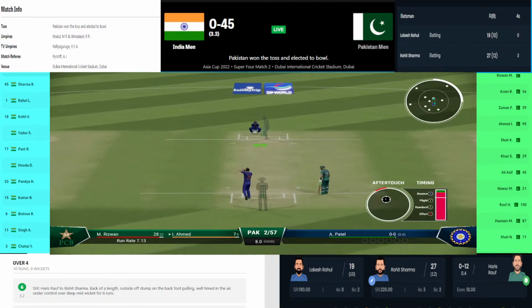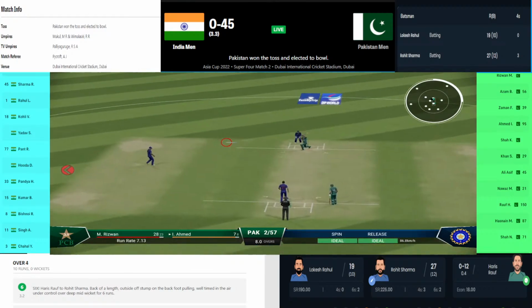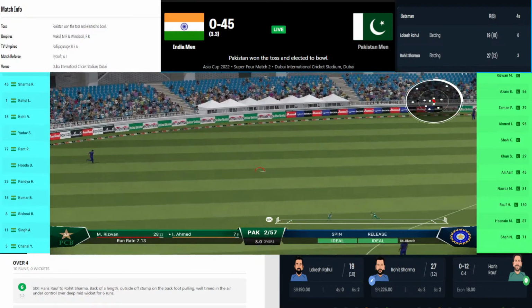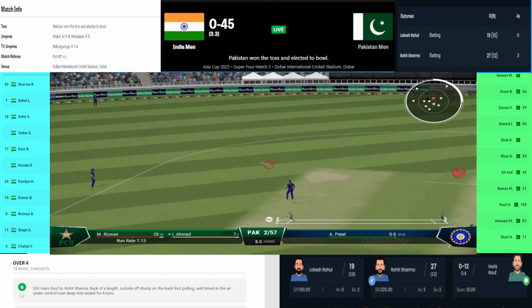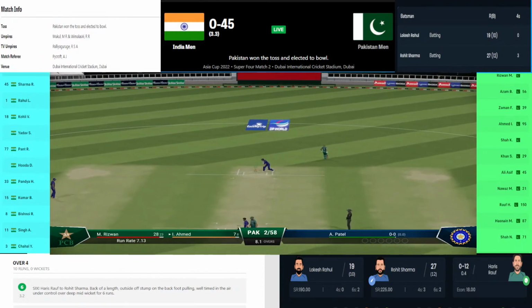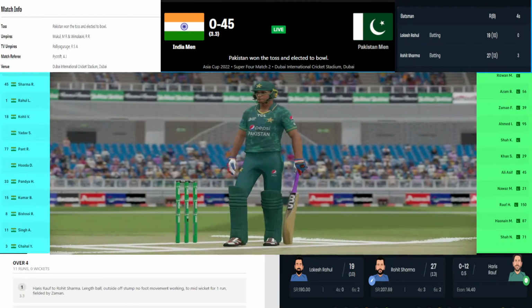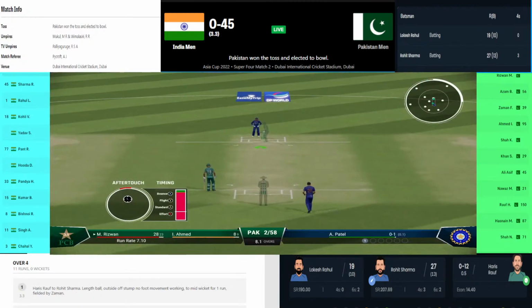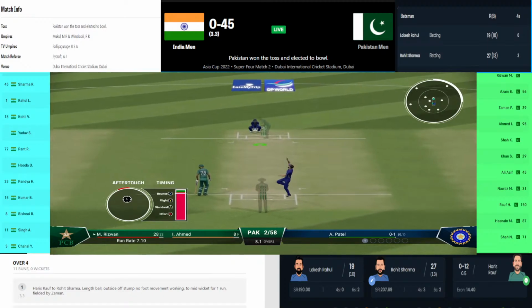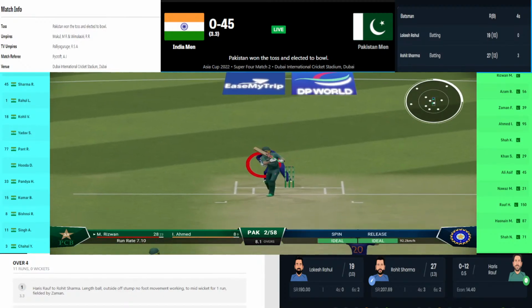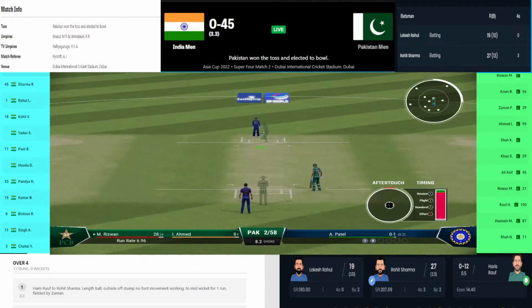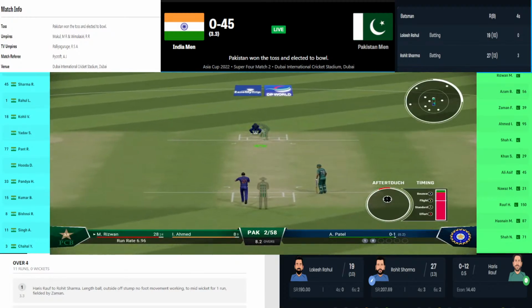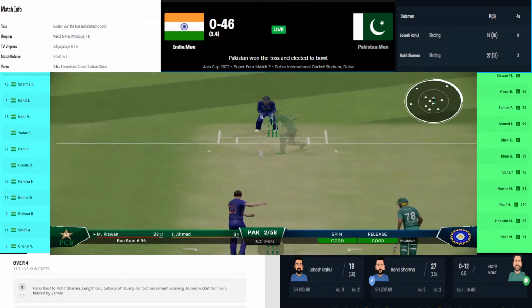This time it was an in-swinging delivery, he cuts it very well, but there is a fielder at third man, so just a single added to the total. With the help of that single, the score moves on to 46 without loss after 3.4 overs. Rohit Sharma, especially, just started all guns blazing from the start itself. Rohit Sharma was not at all ready to stop.